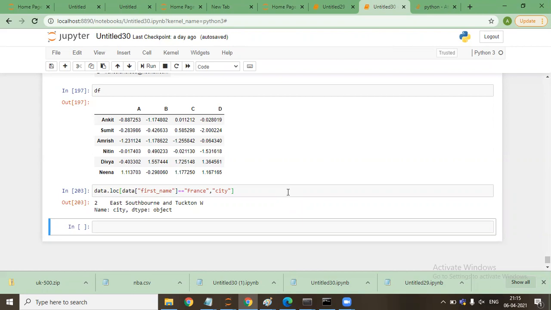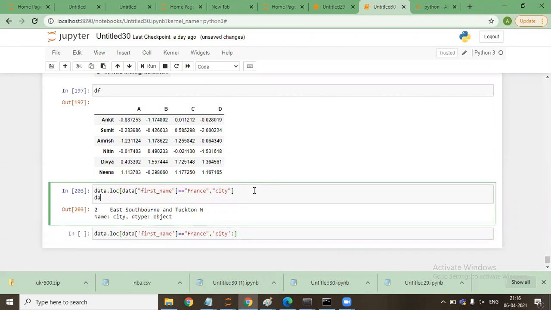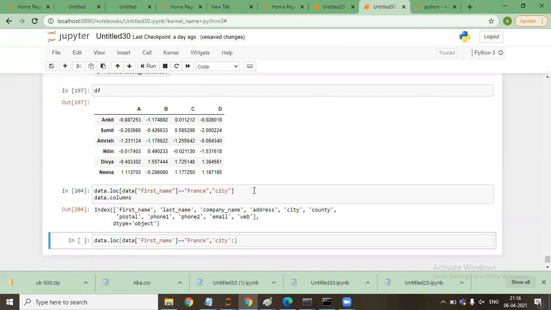Now let me show you one more thing. Data.loc, I'll say data first name equal to friends, and I'll select city till email.